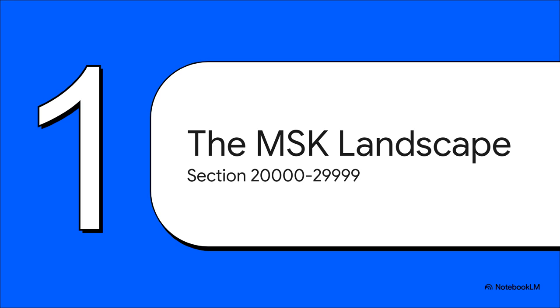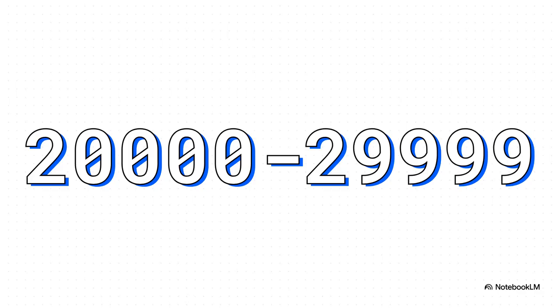Okay, Section 1, the musculoskeletal landscape, Section 20,000 to 29,999. So, let's map out our territory, right? I really want you to anchor your memory to this specific numerical block, 20,000 to 29,999. When you're totally time crunched on the CPC exam, just knowing off the top of your head that this is exactly where the musculoskeletal system lives is going to save you precious minutes when you're frantically tabbing